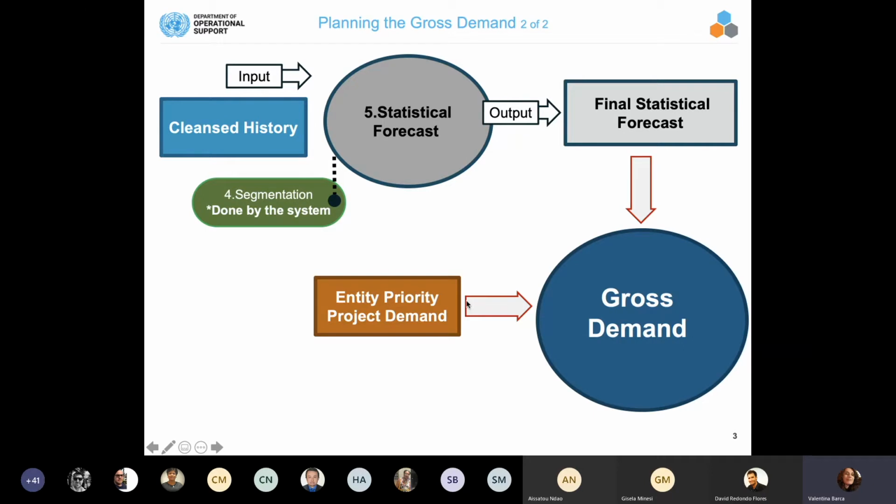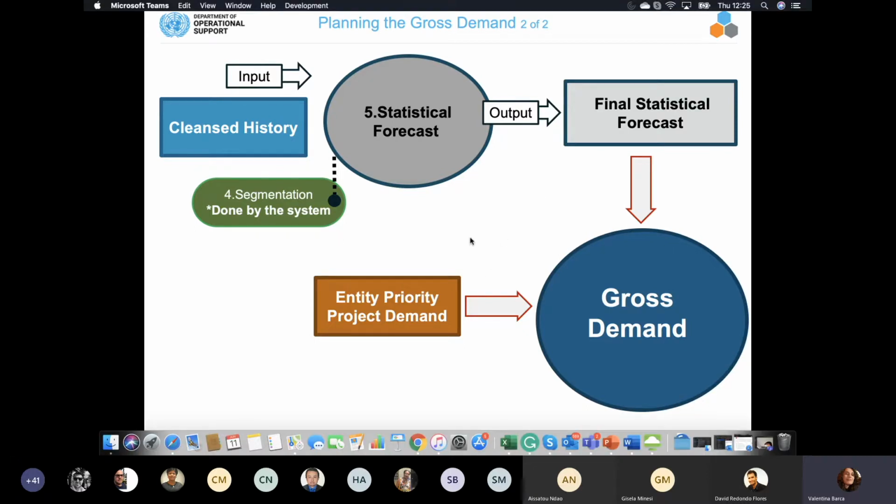Then the entity priority project demand is the demand and requirement of goods and services that are needed to carry on a specific entity or mission project, which are not calculated in the